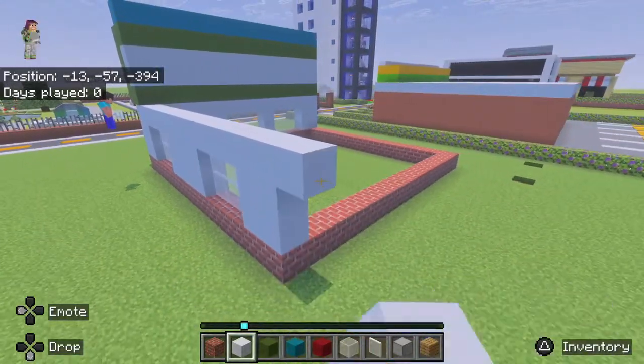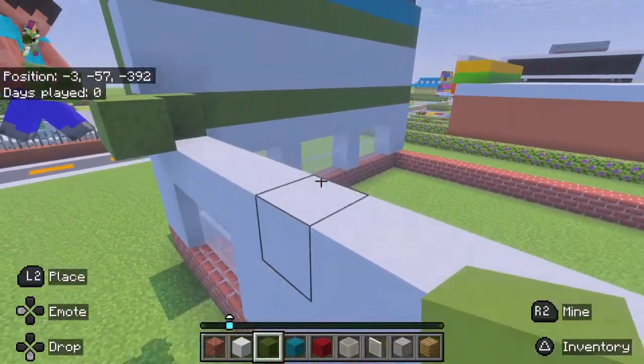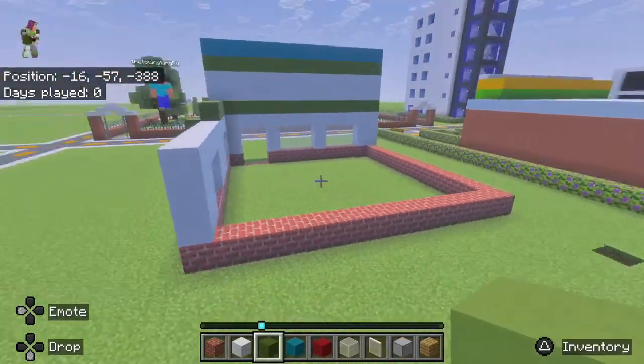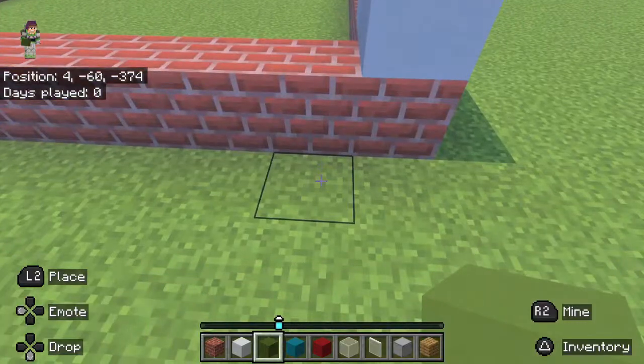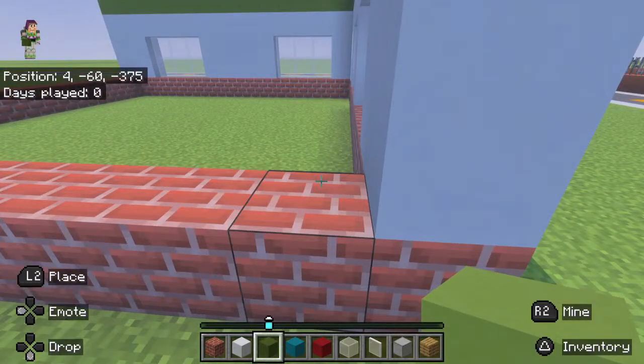I want you to grab the red concrete along the side. You see that we have it coming outwards from the top right-hand corner of the window. So from this corner block here, I want you to move up and right here. I want you to place a